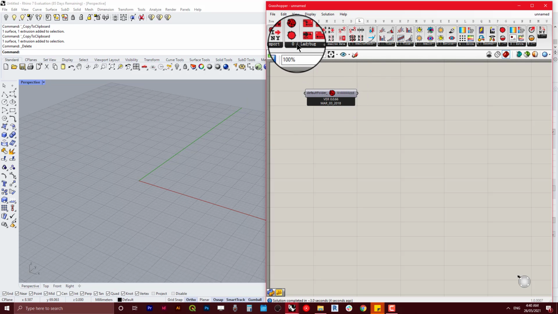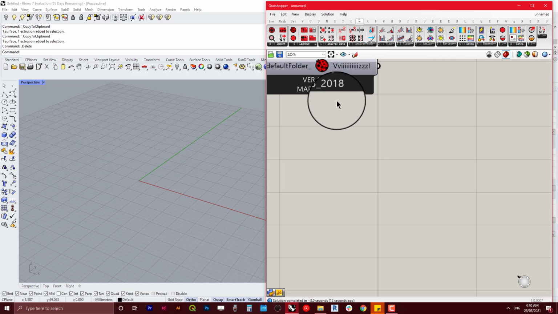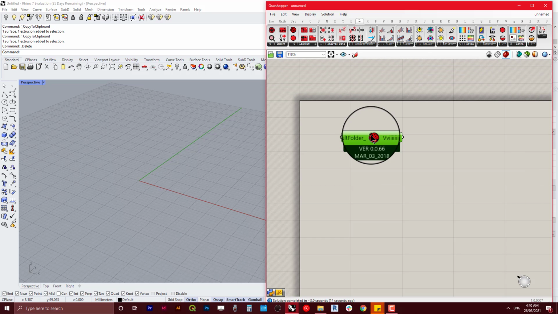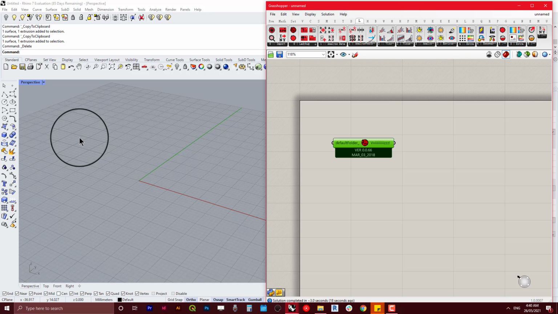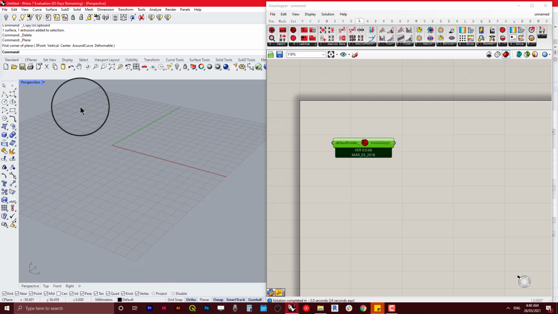First of all, we need to start the Ladybug plugin, fly components to get the simulation working, and then in the model I maybe have a quick model layout object